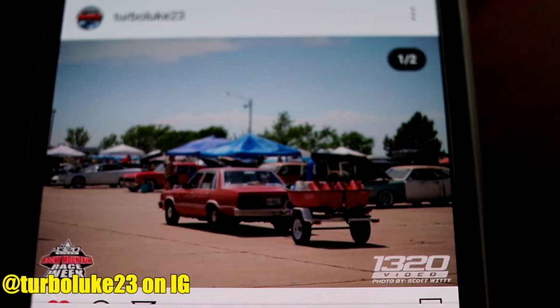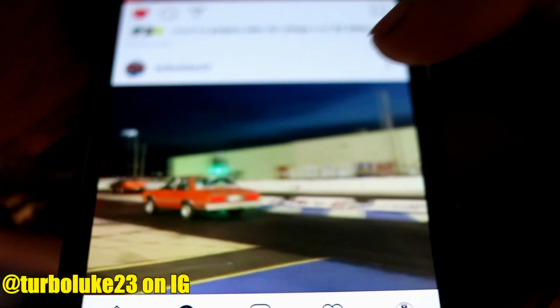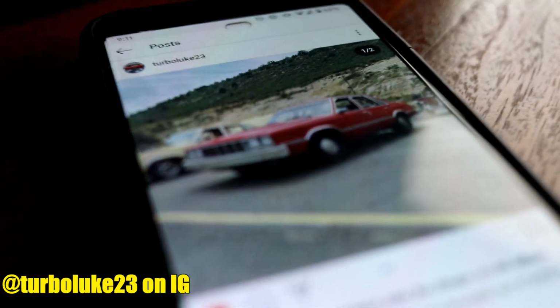23, and he also runs with his red 4-door box top, and I'll show a couple images from his Instagram profile here. And he seems to run with another tannish yellow 4-door Fairmont. So I really wanted to capture both of those guys, but it sounds like by the time I left at 5, I missed him. So since I can't show you their two rides, for you GM guys, we're gonna go ahead